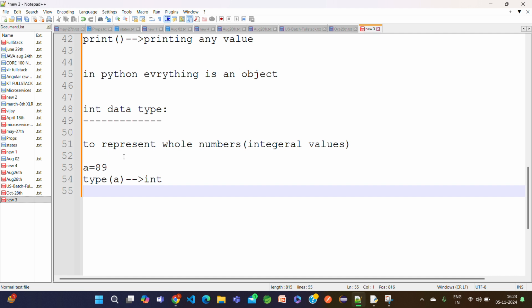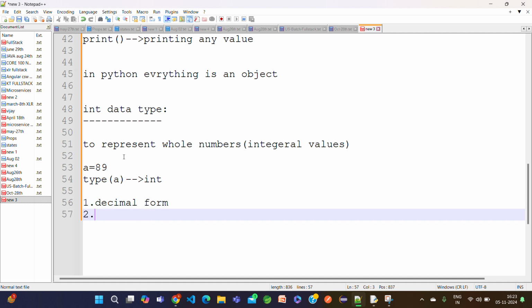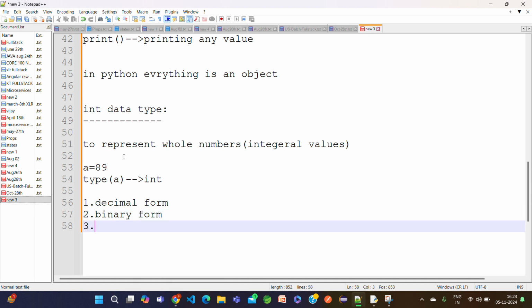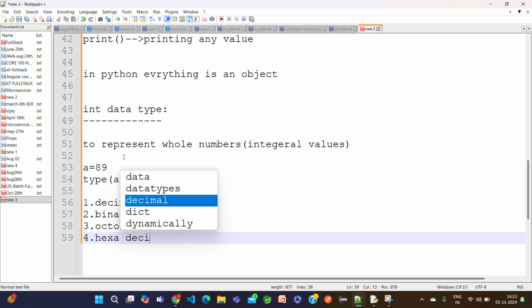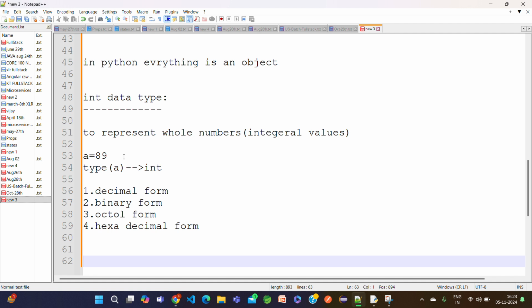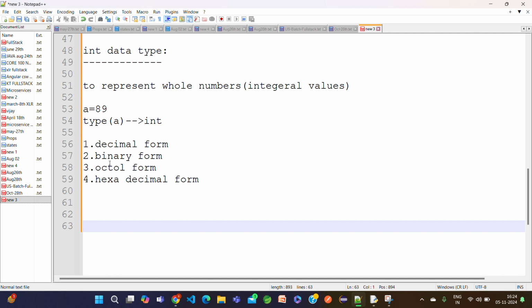The int data type can be represented in the following ways. We have different ways. The first one is decimal form, the second is binary form, the third is octal form, and the fourth is hexadecimal form. Now how can we represent the decimal form and the others? The decimal form,